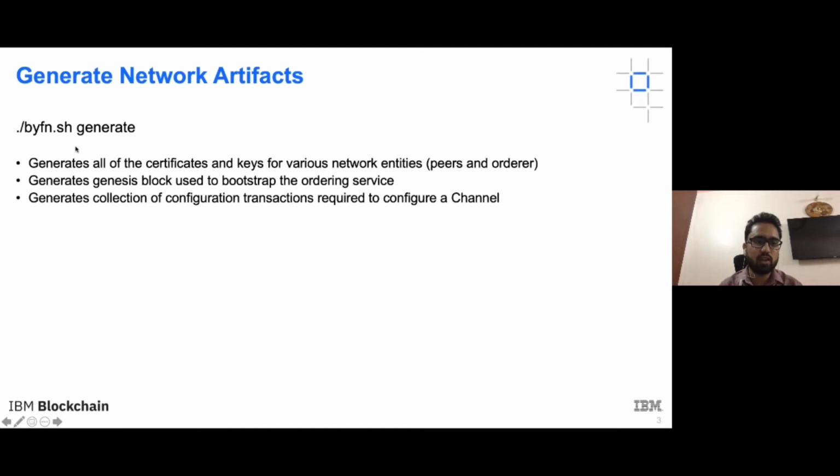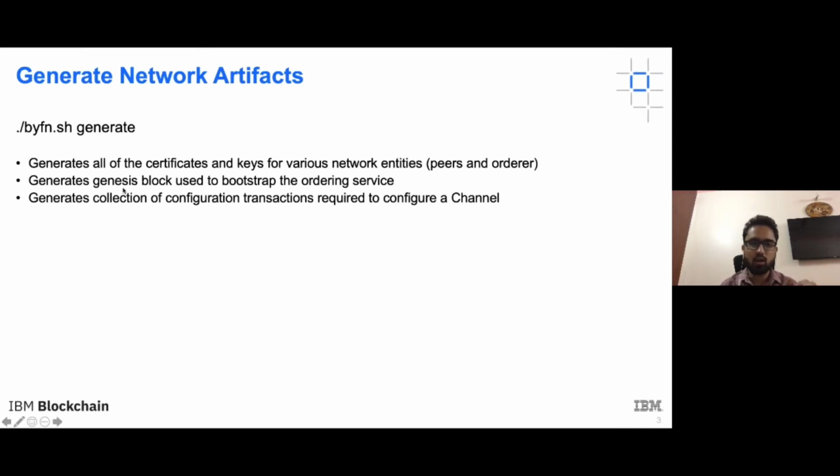So this is already there in the fabric sample directory that we have cloned. We have to use this script to generate some certificates. As Krishna Suri mentioned, in our Hyperledger Fabric network there are peers, orderers, and other entities. Each entity has its certificate and keys so that they can communicate and connect with each other. And there are some genesis blocks. As we know, the blockchain is a series of blocks, and the first block is a genesis block.